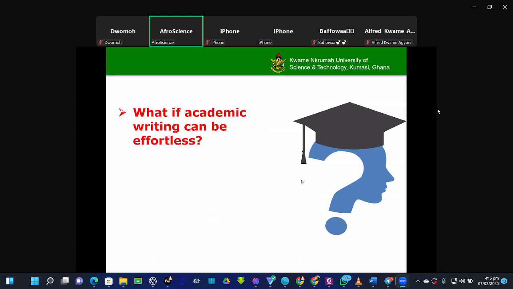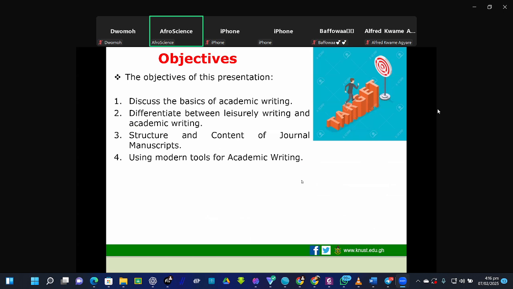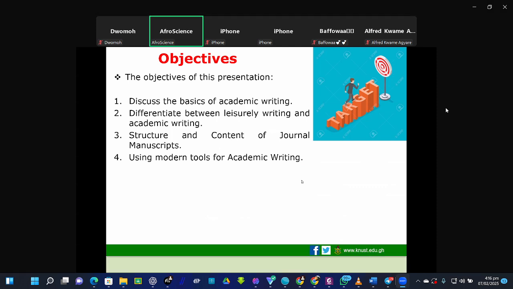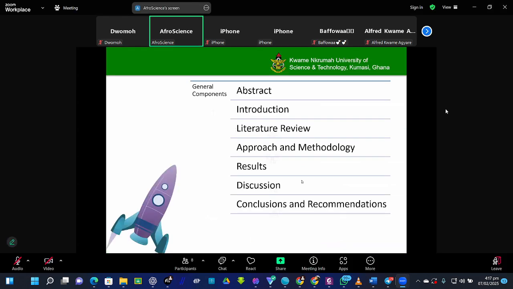need on paper, right? So we'll do the basics of academic writing and then differentiating between leisurely writing and academic writing, and then the structure and content, where we'll then do a little bit on the literature review part that you have as an assignment, and then some of the modern tools that you can use to help you make your writing easy. So the general structure